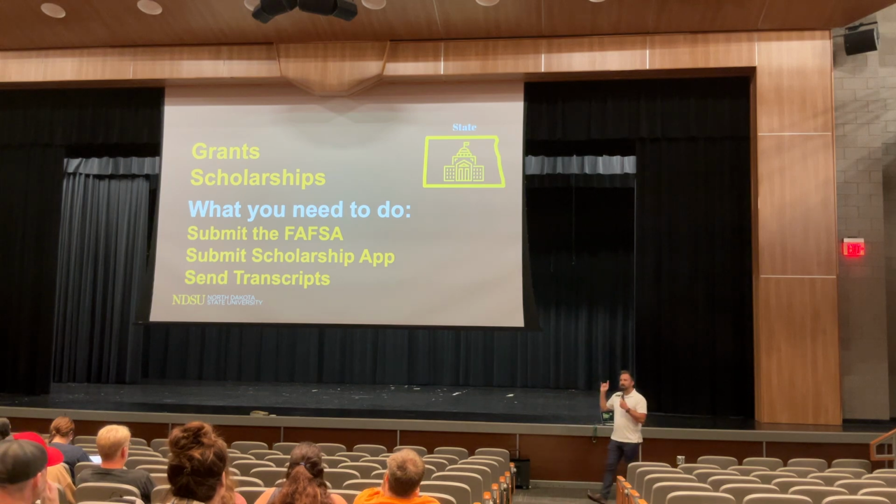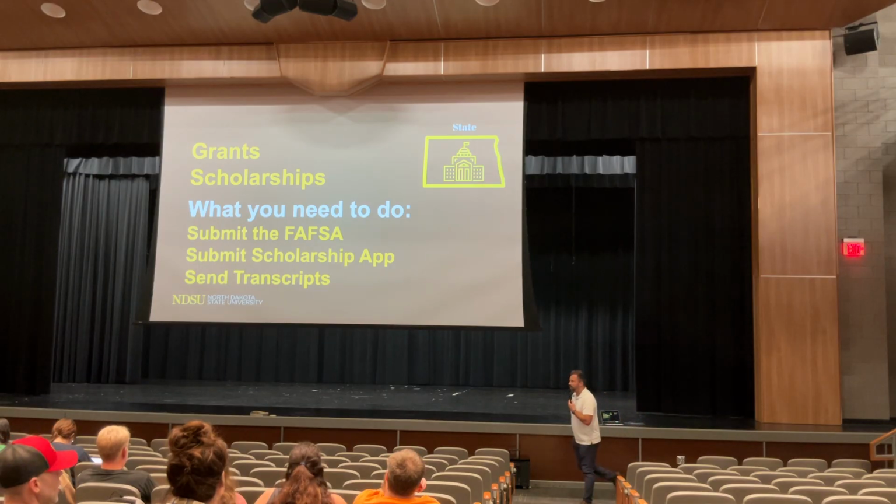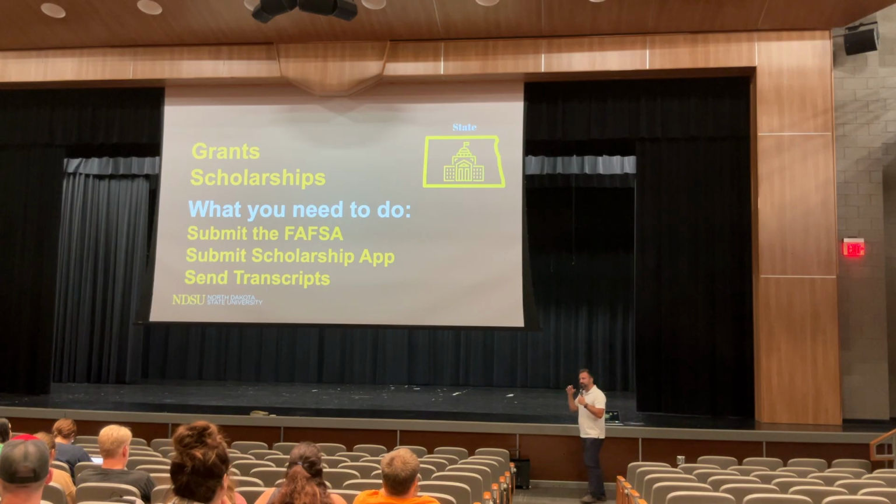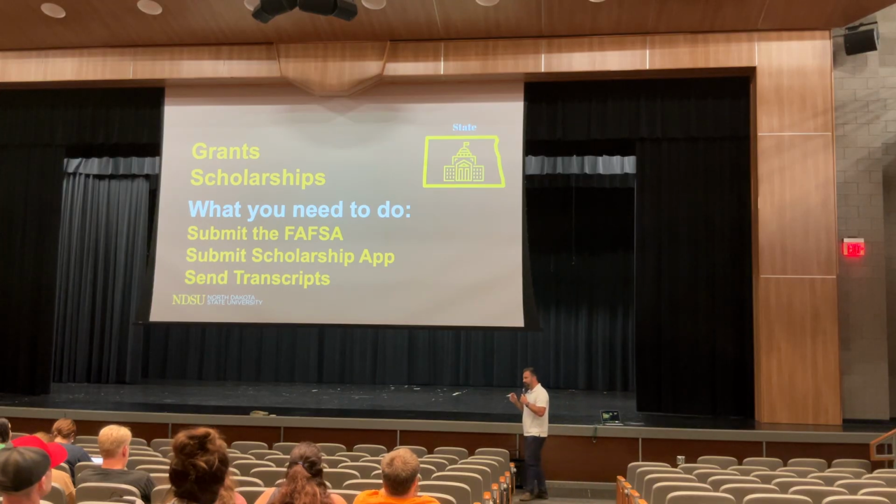And if you do, that one is $2,750 every single year. If you qualify for both that and the federal, now you're at $10,750. You're already at about 50% of the total cost of everything at a college like NDSU or MSUM or something like that. Now, the thing about state things, the state grants, state scholarships, things that come from the state,